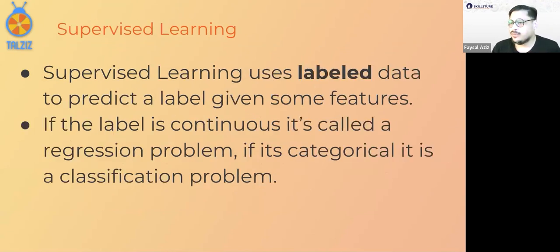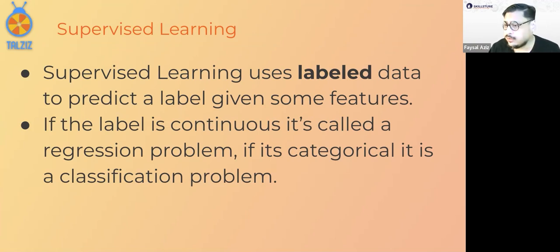Well, supervised learning uses what we call labeled data to predict a label. What is a label? A label is generally an outcome. If the label is continuous, it's called a regression problem. If it is categorical, it's called a classification problem.